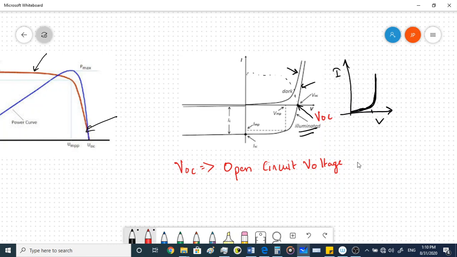This has a very direct relationship with its band gap. Let's say your band gap is around 1.2 or 1.3 electron volts. You will get an open circuit voltage slightly less than that value, because of the small losses while the electron is getting transferred. So your open circuit voltage will always be less than the band gap in electron volts, but it can be very close to the band gap. So that is one significance of the open circuit voltage.